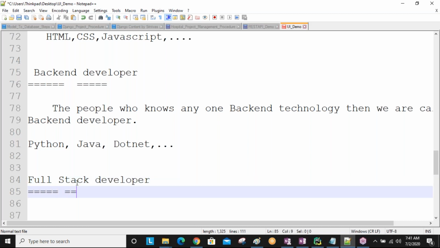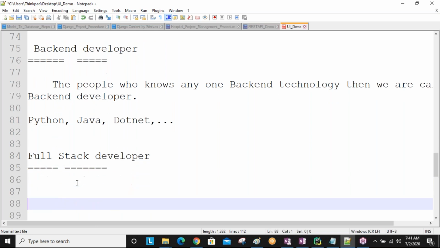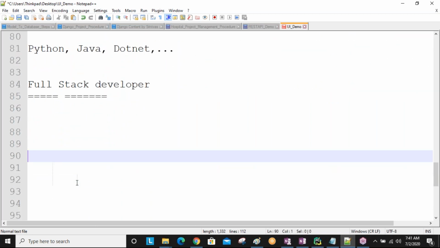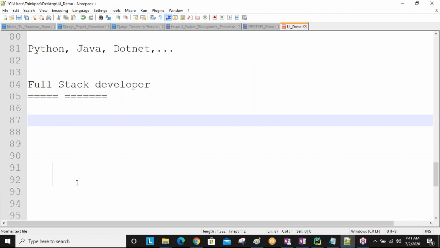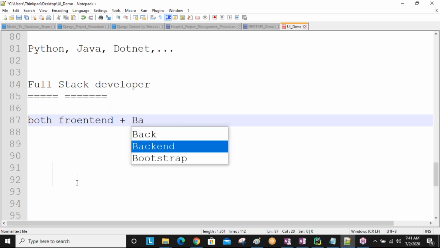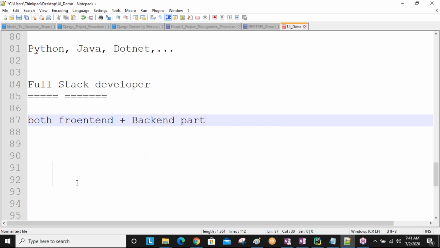So what is a full stack developer? Whom do we call a full stack developer? A full stack developer is a person who knows both front-end part plus back-end part coding. That person can work on the front-end side, can work on the back-end side, can do everything.